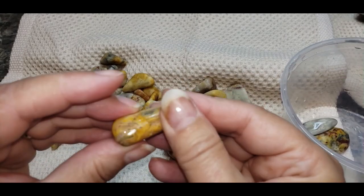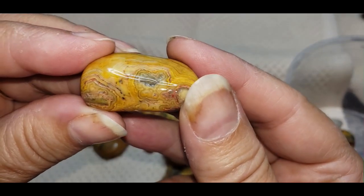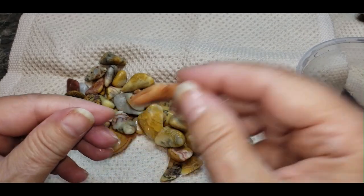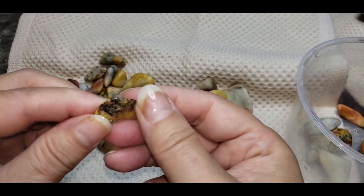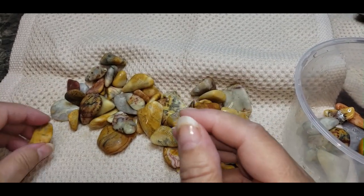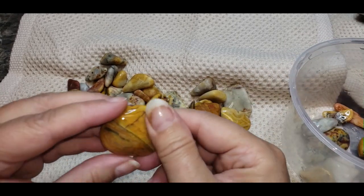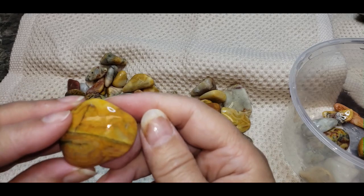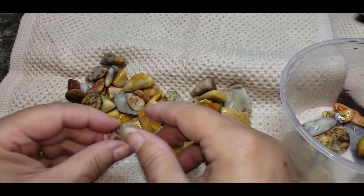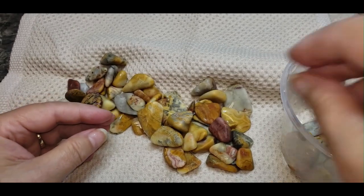And this is not to be confused with Mexican crazy lace. This is from Australia. See, that druzy pocket I'm especially concerned with. It's got really small and really thin. That is not Australian lace. I had 2 types of stone running in the barrel. I had a picture jasper, which we're going to look at next. Whew. This is just so cool. Yeah, I think that's going to be an issue, but